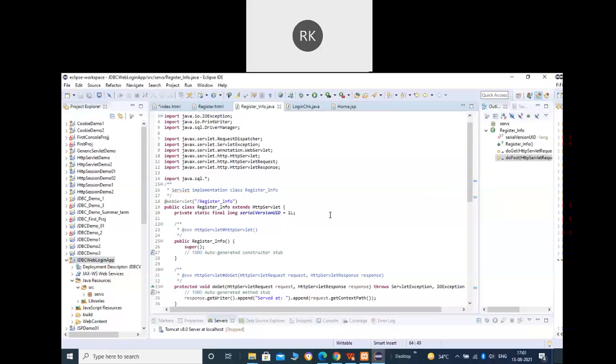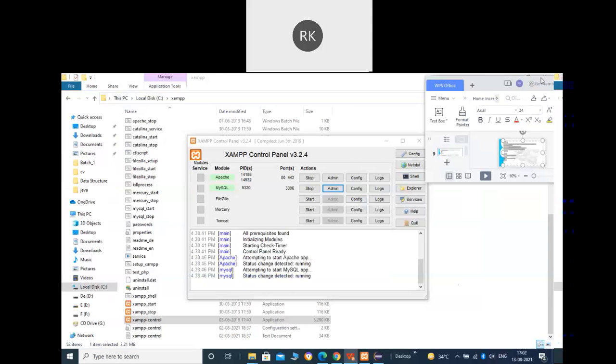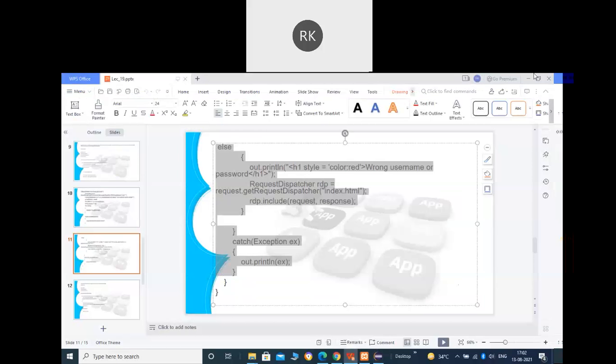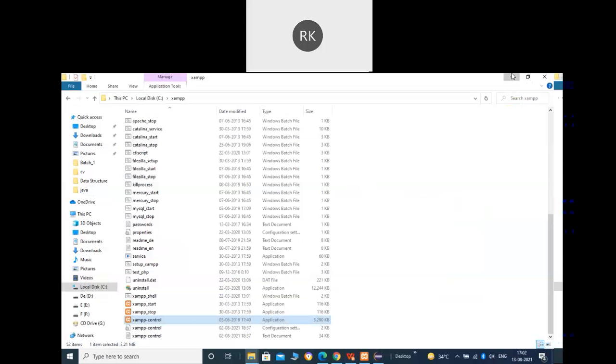So only one thing is remaining. You also have to create the home.jsp page. So right click on your project, go to new, select the JSP file, and let's say it is home.jsp. And here let me add a very simple thing. Let me add a heading only with the message Welcome. You can design it according to your requirement.